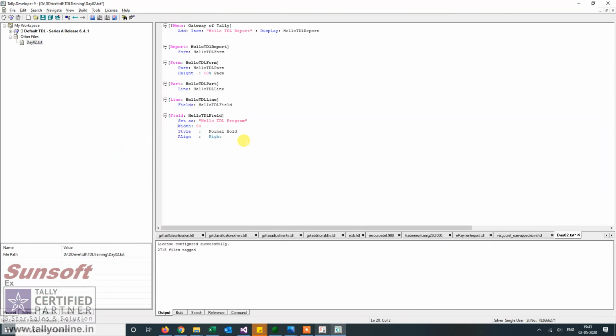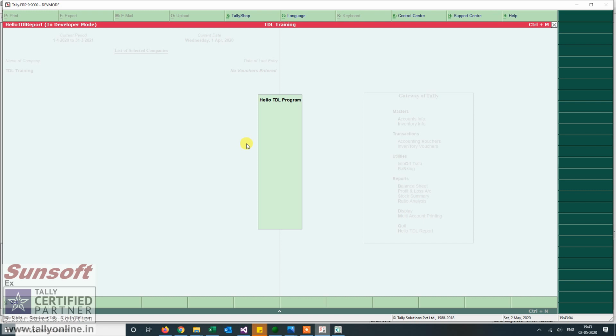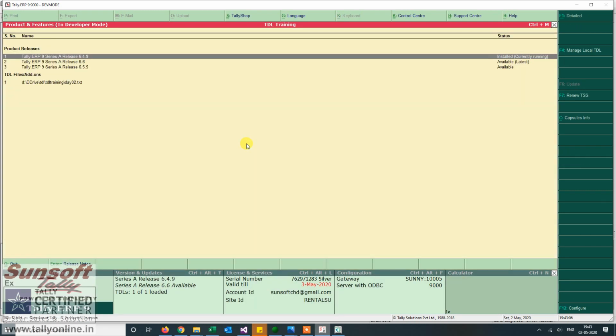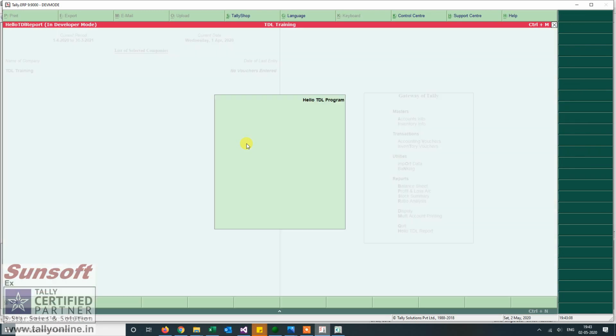Now I again enable it and reload my TDL. See, now it is in the 50 width and it is right aligned as per the width defined by the field.